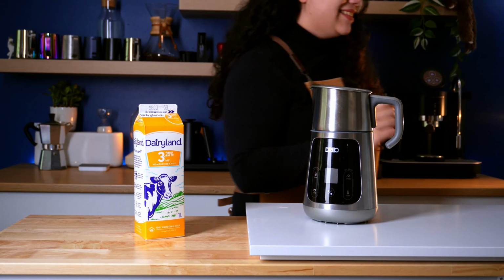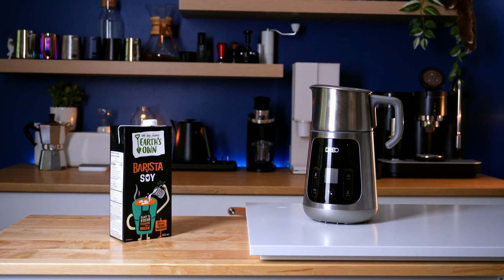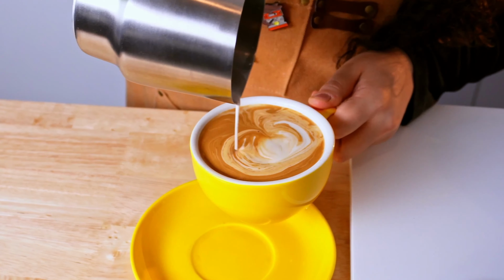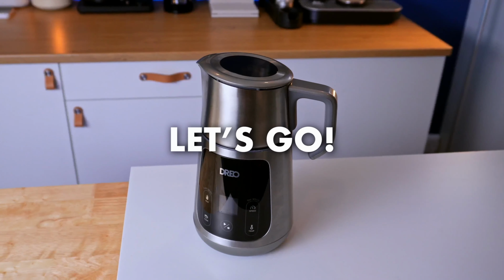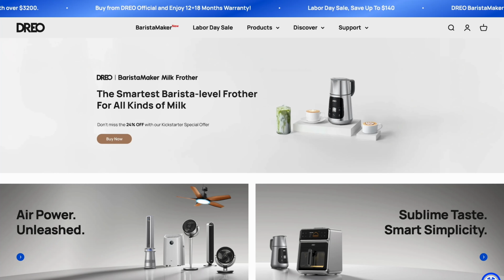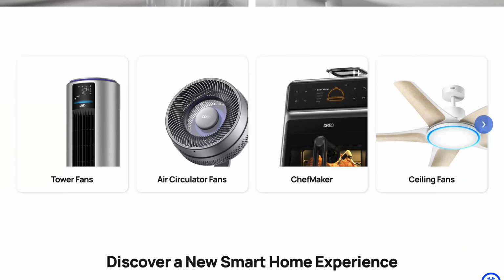So if you want to know how this machine performs with different types of milk, if the texture is good for latte art, or if this is the best option in the market for you, just keep watching because I'll be answering all of these questions and more. Oh, and stay until the end because I'll give my Happy Bean rating to help you determine if you're getting enough bang for your buck. Let's go! The Barista Maker is a milk frother developed by DREO, a company that makes and distributes household appliances,